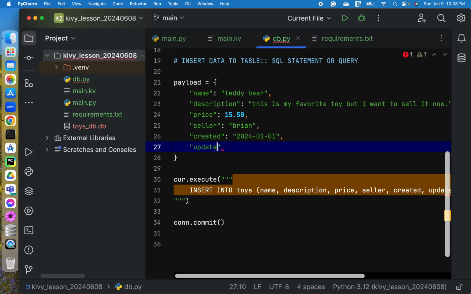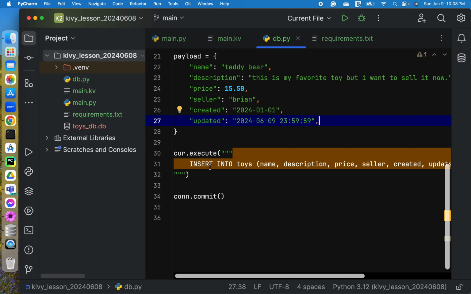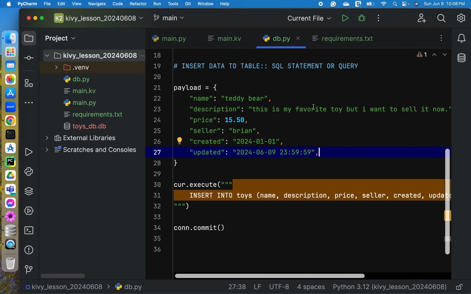And then updated. So this is a sort of timestamp. So 0609, and yeah, okay, just an example. Okay, so we have now our payload.